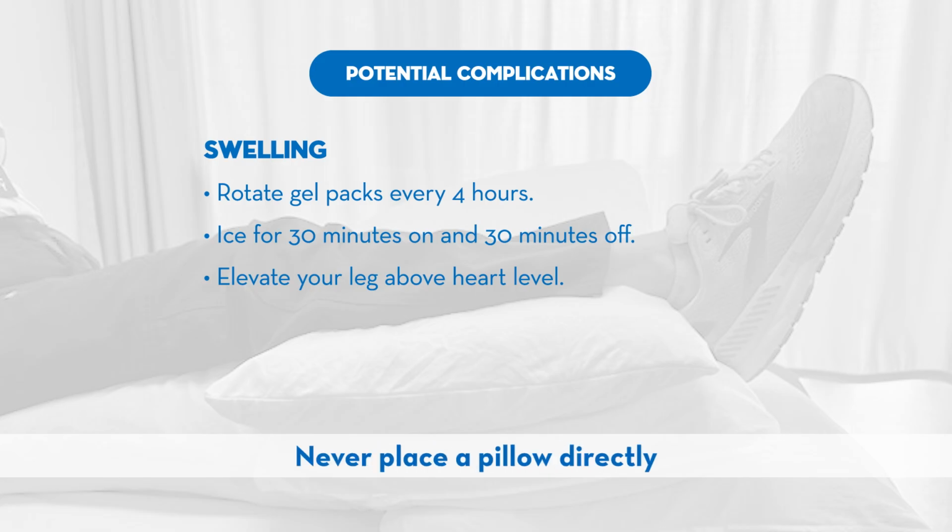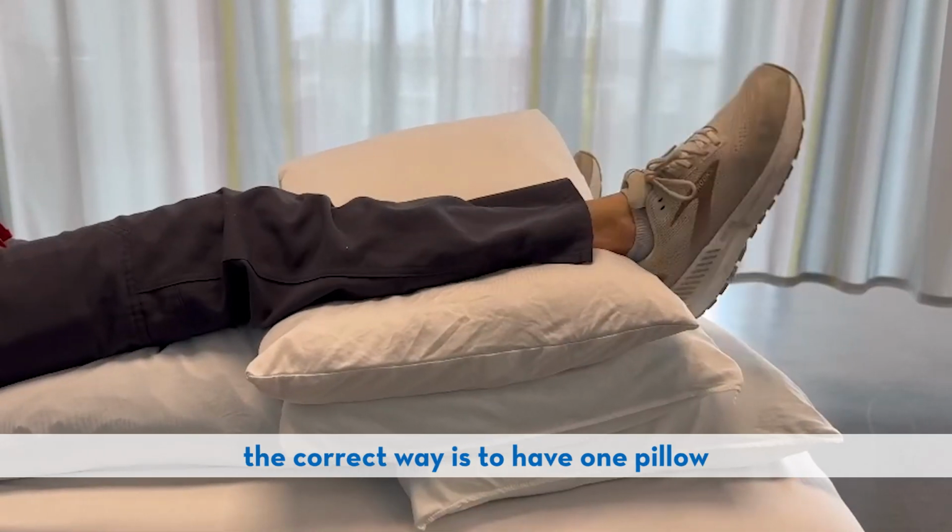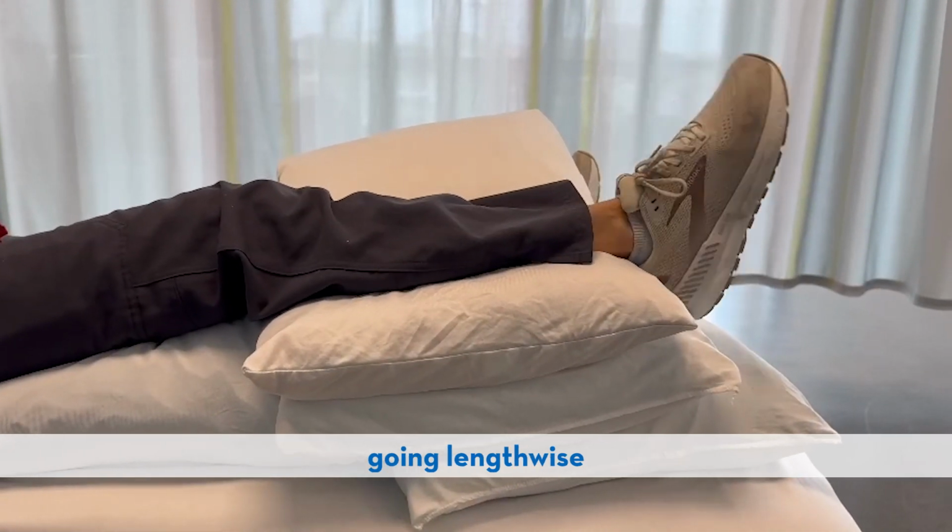Important note, never place a pillow directly under the bend of your knee. While this advice is often given for knee replacements, it's still relevant here. Putting pressure behind the knee can restrict blood flow to the lower leg, increasing the risk of nerve damage or blood clots. If you want to prop your leg, the correct way is to have 1 pillow going lengthwise from